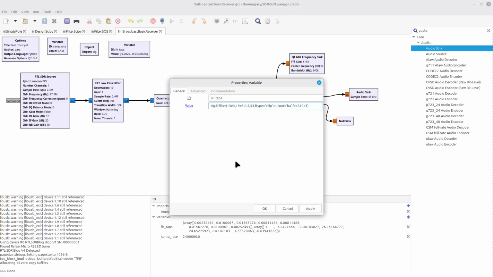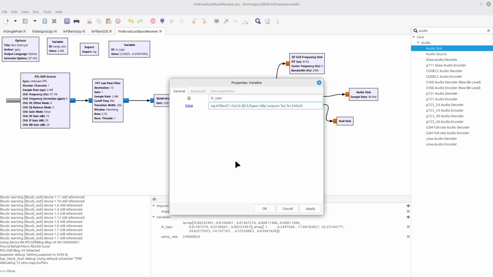The difference between IIR design and IIR filter is that in IIR filter, you have to provide the number of taps. It doesn't calculate it for you. The taps that I calculated for the IIR design turned out to be a 7-pole. So I'm going to start by saying, okay, that's a 7-pole. The next thing that it wants is the passband edge frequency. I've already got that. It does not need the passband or the stopband edge frequency.